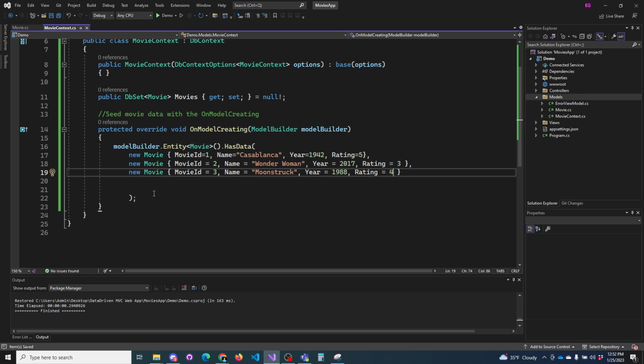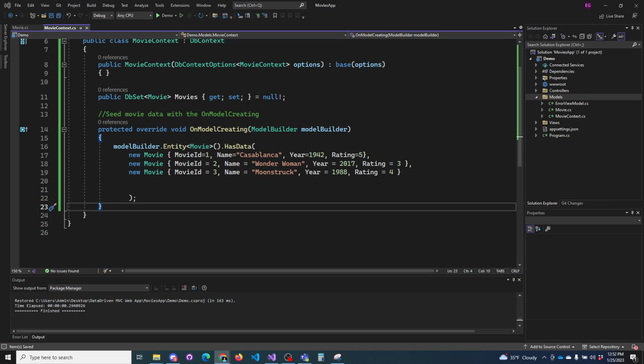Being worked pretty hard. Okay, so there's the end of my method. There's the end of my overridden OnModelCreating. The next couple of things that we did was we added a connection string and we enabled something called dependency injection. So if we recall, the connection string was in app settings. So I'm going to open up my app settings,